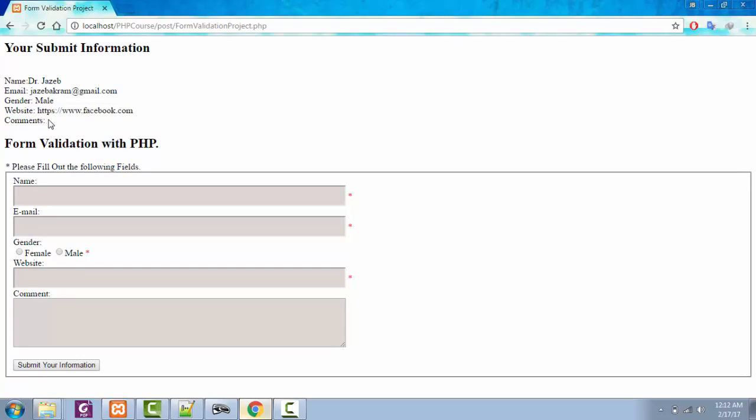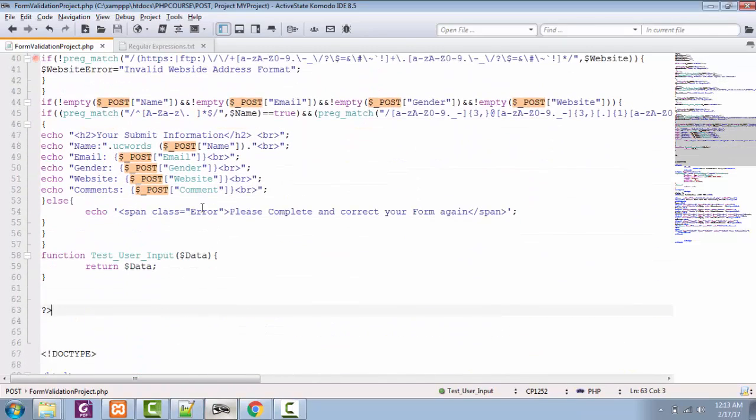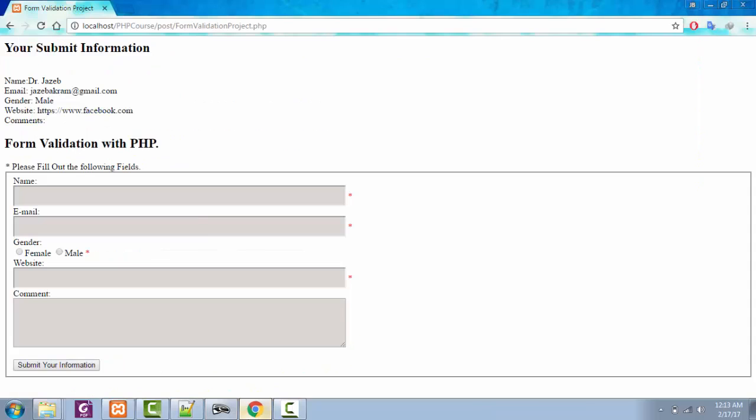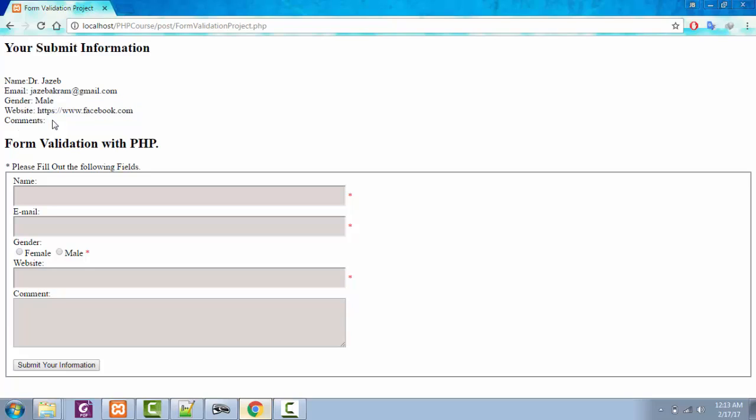So you can do any type of testing. You can change your regular expression as you like, and you can modify your code to see how it works. And now everything is good to go. Just think of this information as we have submitted our form and our validation is complete, and we can send this data. Instead of echoing here, we can simply send this data to the user on his email address, or we can send this data to our database for saving it as a record, or we can send this data to the email of our admin of our website.